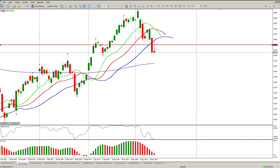So we have a bit of incorrect data on here, so we didn't end up with an inside pin bar, but we ended up with an inside green bar. So this red line here is where we actually closed. So that was around 11,977, somewhere around there, not down here. Okay, so